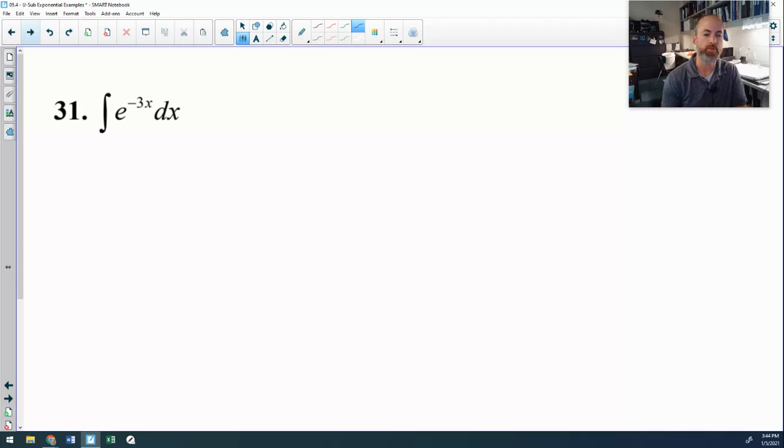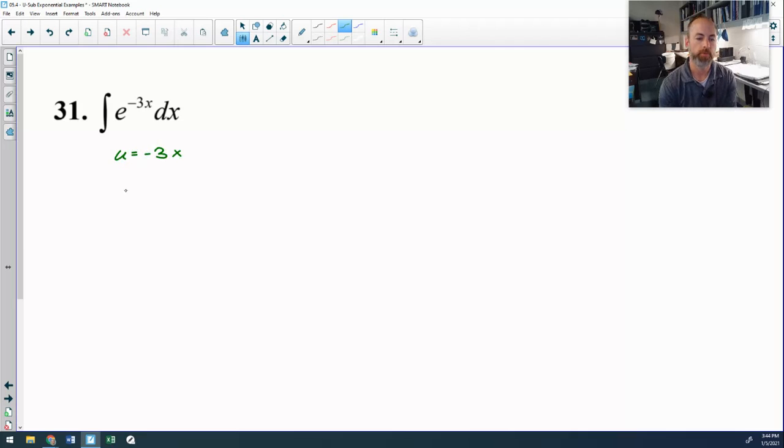All right, so that brings me to number 31. E to the negative 3x. I think this is, nope, 2 more. Okay, so 31 is e to the negative 3x. Okay, this time I do see something slightly ugly. The exponent is negative 3x. It's not just x. So I'm going to start off by wondering what happens if I let u equal negative